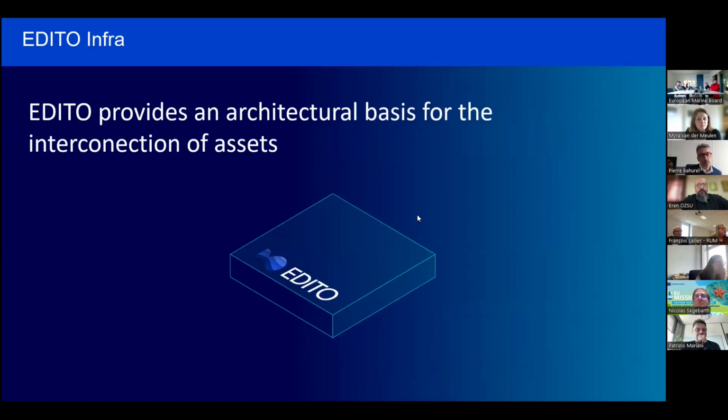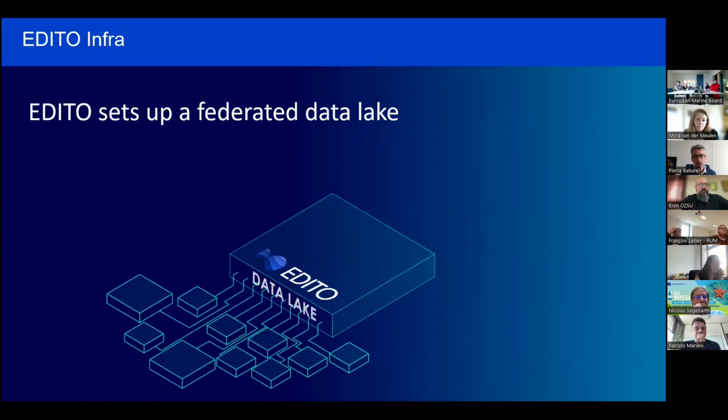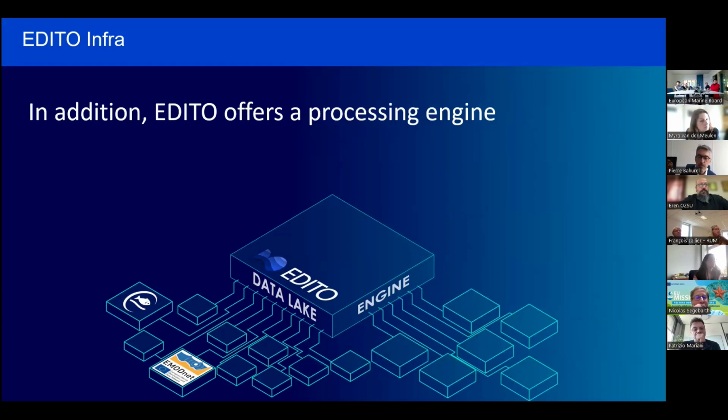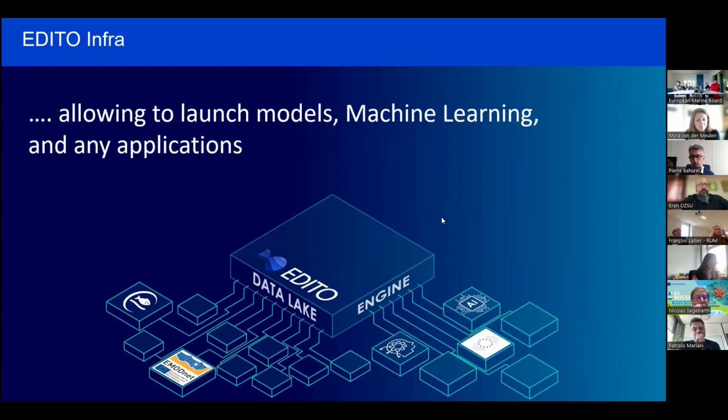This is to explain how we believe we could build this digital twin ocean, fed by digital twins worldwide and in Europe in particular. We have with this DTO an architecture, a base for interconnecting all the assets. We first have to take care of the data. So there is a super data lake where we put what we have. We start with Copernicus and EMB. We are adding all the observations provided by research infrastructures and other things, including international. Then we are adding the engine which can empower all this information, artificial intelligence,